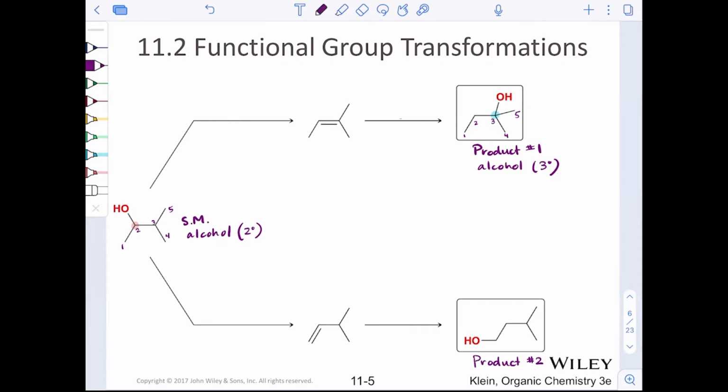Notice we're really describing that a little bit more. The more substituted position. Thinking about Markovnikov addition again. How do I get an alcohol, an OH, on the more substituted carbon? So we're still going to see an elimination. Got to get rid of the first alcohol, form the alkene. And then we want to see an addition. And let's be a little bit more specific here. Let's say a Markovnikov